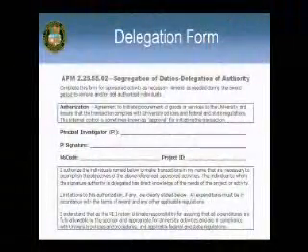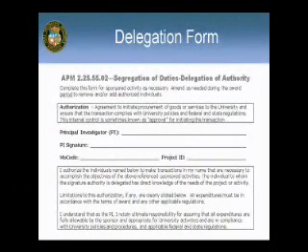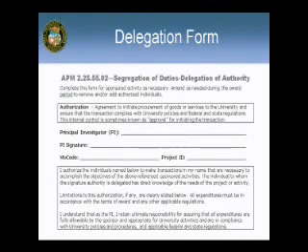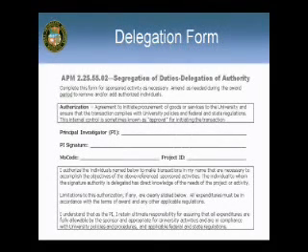Okay, we're going to talk about the form now. We'll go to the top of the form. Some of the key parts are that you'll notice there's only one place for a MoCode or a project. Many times we get the question, can I put more than one project on a delegation form? And the answer is no. Why is the answer no? Well, because how are you going to look it up? Whenever we look it up from an audit standpoint, we're pulling it by project. That's why there's one project per form, and when you file it, you're going to want to file it by project.